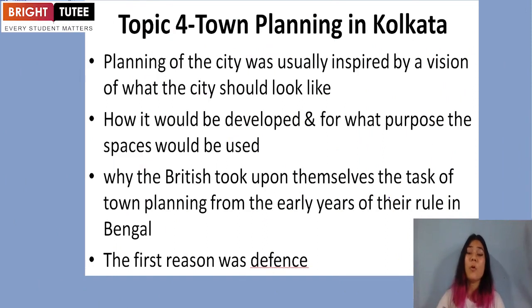Now let us move on to topic 4, and here we'll look at another, the third important colonial city, that is Kolkata, or present day Kolkata, but it was called Calcutta. Okay. Now, when a city was planned during the colonial rule by the colonial government, it was not just planned,